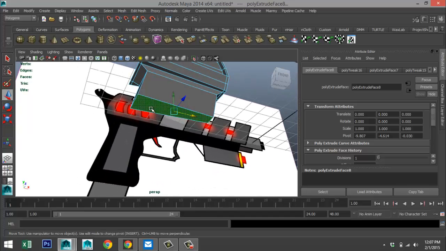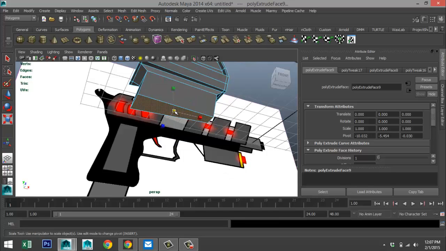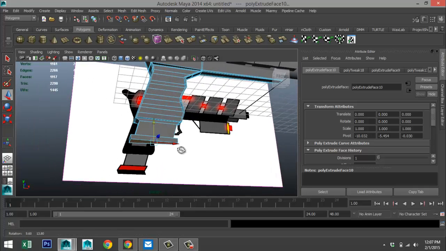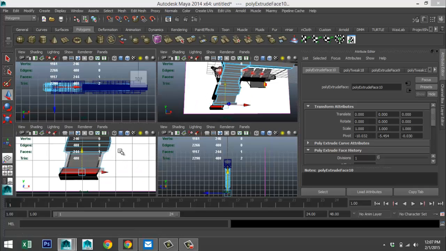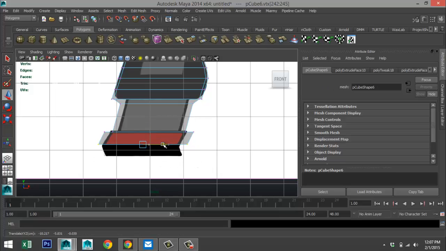So that's what we'll do. Select him, edit mesh, extrude, hit R, scale that guy out, G to repeat, W to bring down to there, right click vertex, take the bottom two vertices and replicate that angle, pretty close.